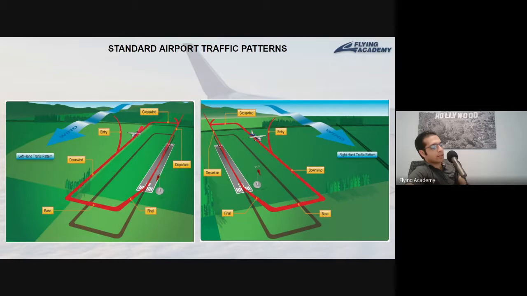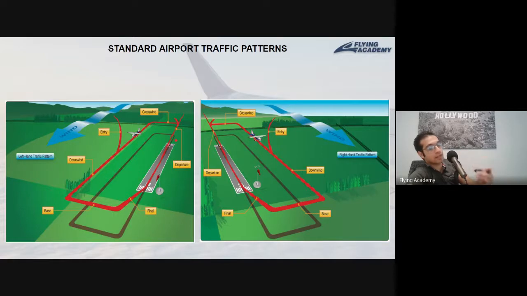Then halfway through the downwind you will depart at a 45-degree angle. You leave the traffic pattern going toward the intended point. If you're going straight out at departure, super simple. Take off, you leave the area either straight or, depending on the terrain, houses,